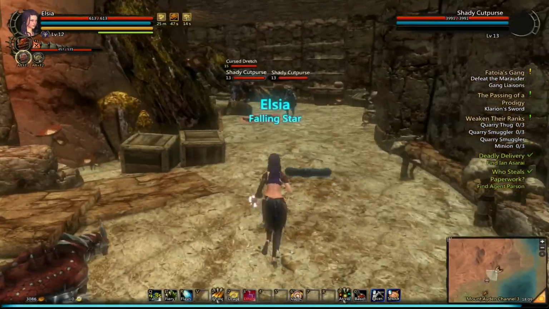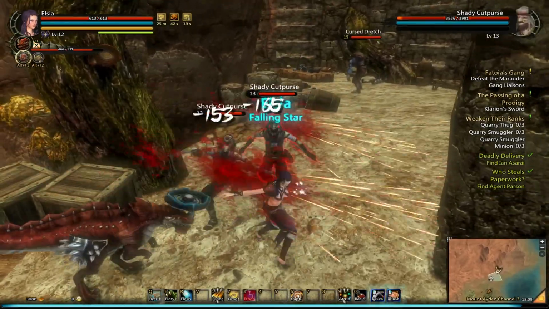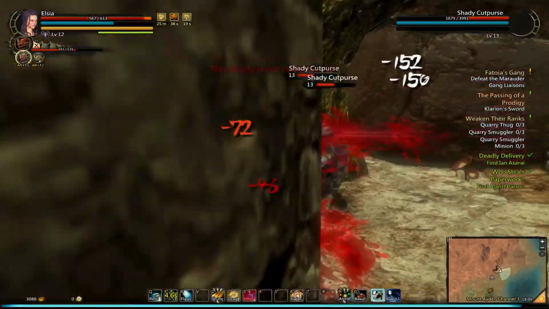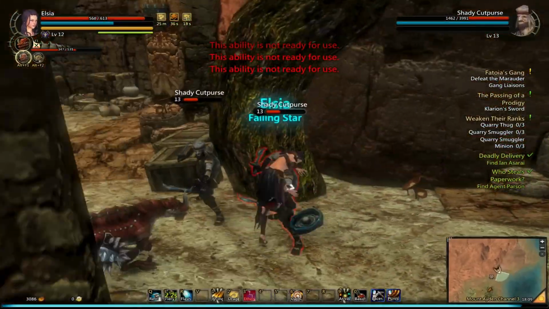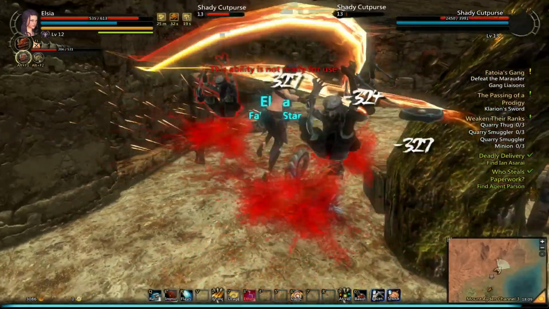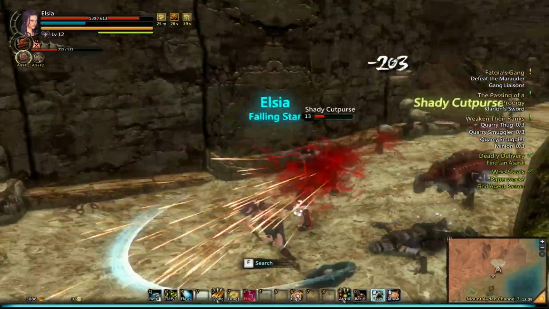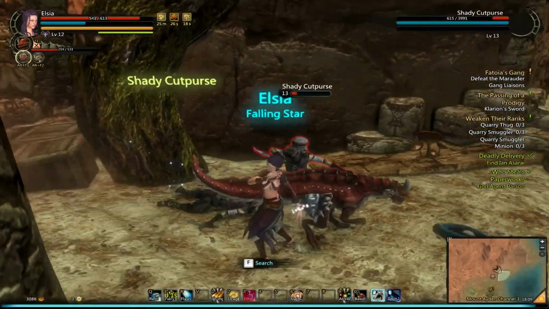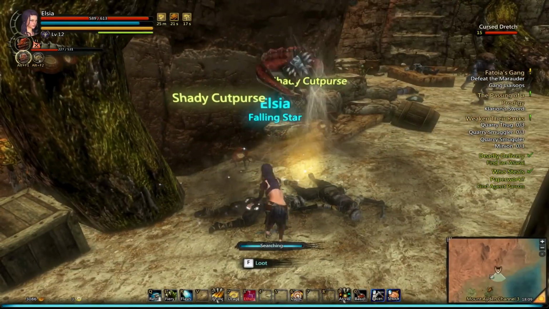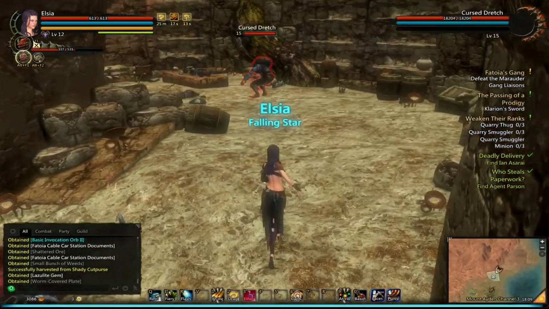So what I'm going to do is go kill this guy over here. So there's the cursed dretch. I think he had a different name before. I think his name was Smeagol, actually. I seem to remember there being like a Lord of the Rings reference. But look how fast I can just tear through this guy with this new speed. I love it. So they're doing some good work here. They're actually doing some very nice work with